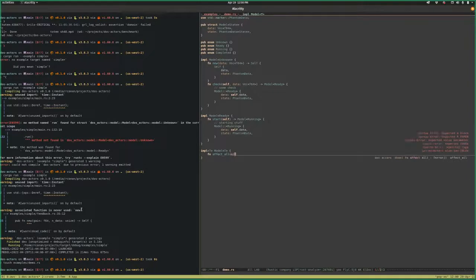ASAP, sorry, je vais passer par référence, par exemple, and then